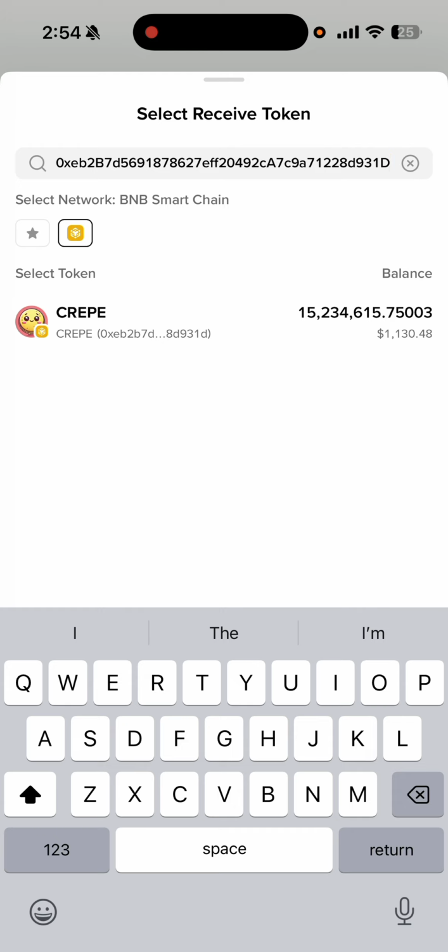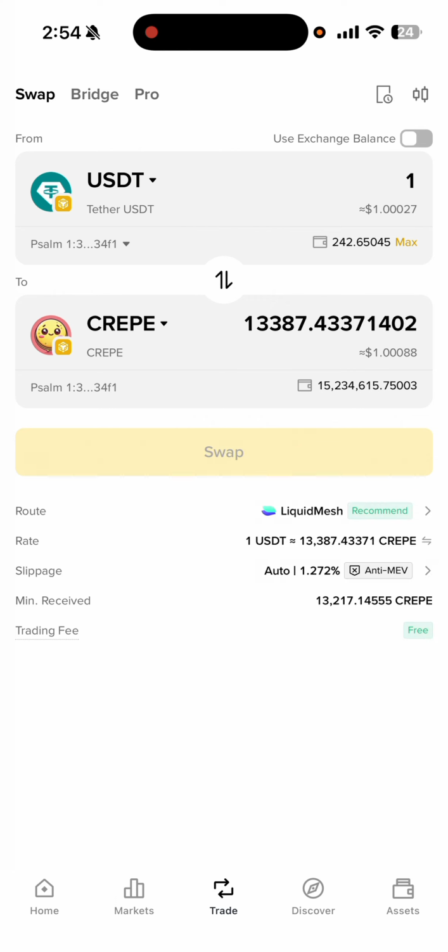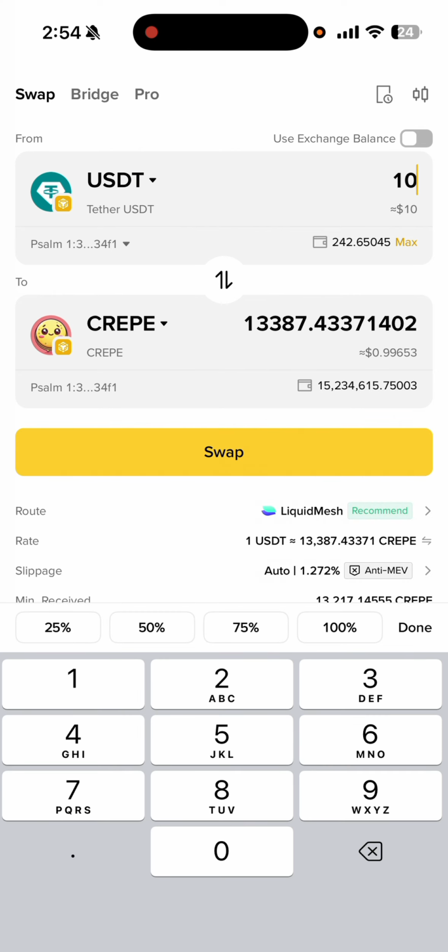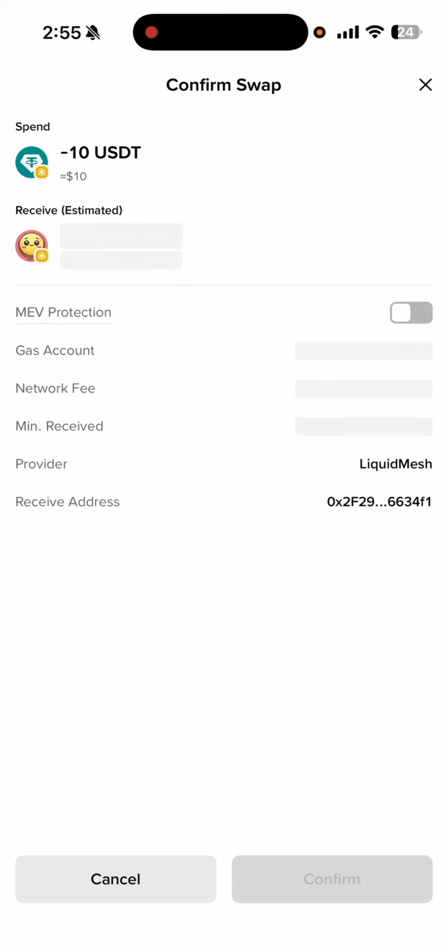So what is most important is getting the crepe contract address from the right place. For every token that you want to buy, all you need is the right contract address, which you can always find on Dex Screener. If you need a contract address of a particular token, you can just drop a comment and then I'll just give you the contract address. So you click on crepe and then you get a pair swapping from USDT to crepe. Where you can put the amount, I'll put 10 USDT and then it will give me 133,000 tokens of crepe. I'll click swap,